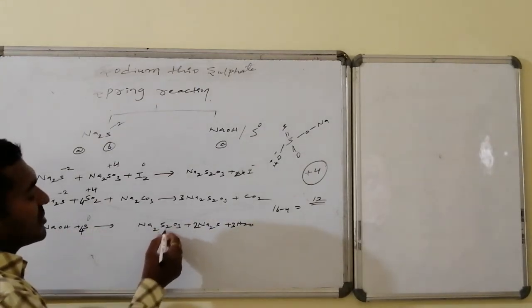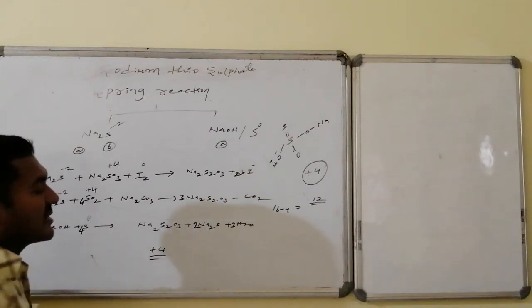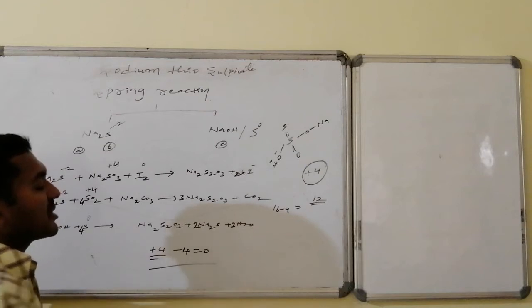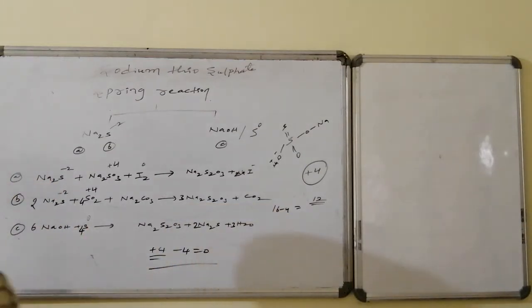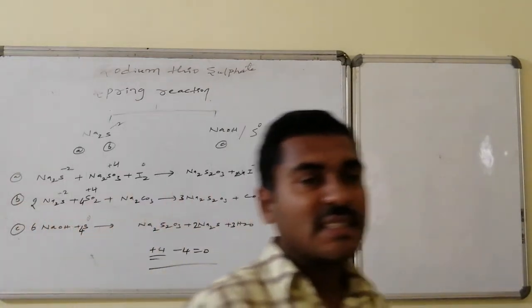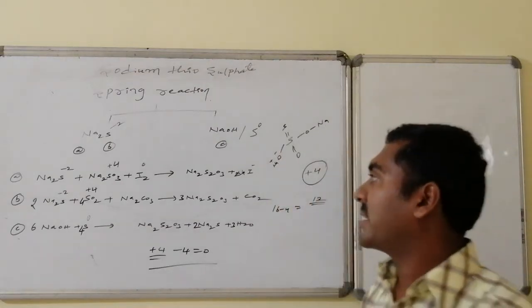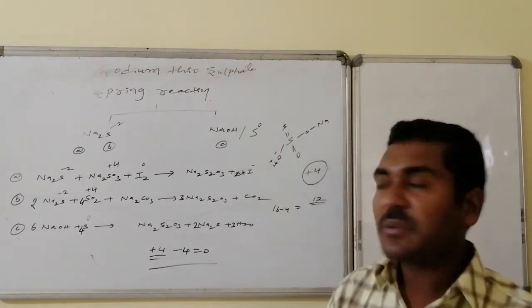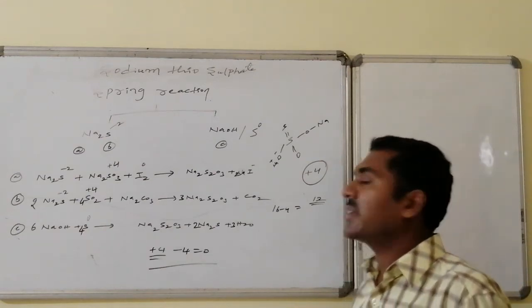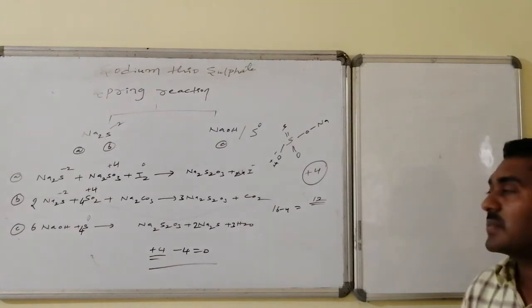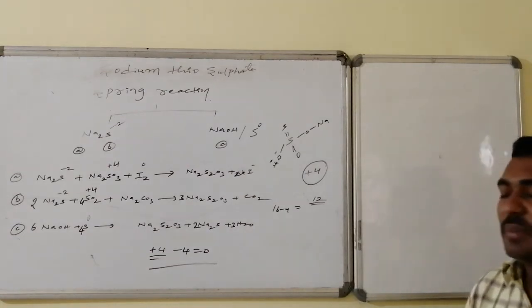Whereas here, 2 sulfurs with +4 is the situation, whereas 2 sulfurs with -2 is the situation. Total becomes equal to 0, that 0 is coming from the elemental sulfur. Thus in these reactions, from sodium sulfide as the starting material, reaction with sodium thiosulfite followed by iodine we can prepare. Similarly, sodium sulfide followed by sulfur dioxide followed by sodium carbonate we can prepare.